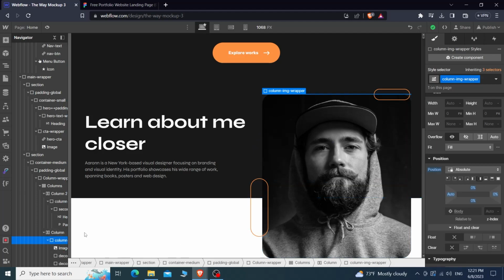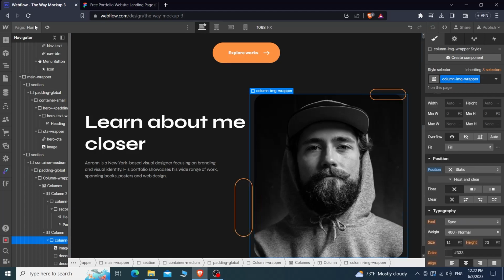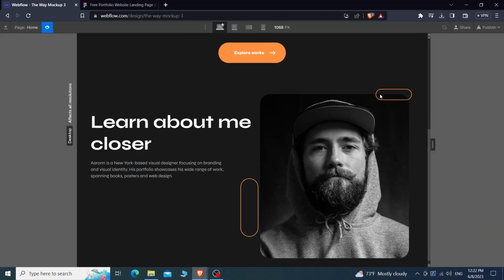So that div is called column image wrapper in my project, and you have to set absolute position of that element. So if we set it to static, for example, you can see these elements will stay here, but